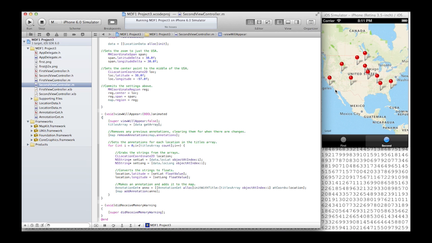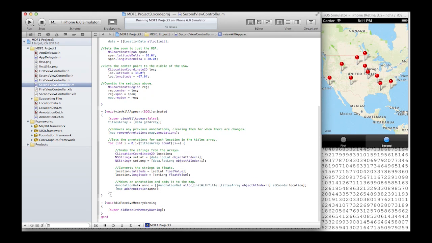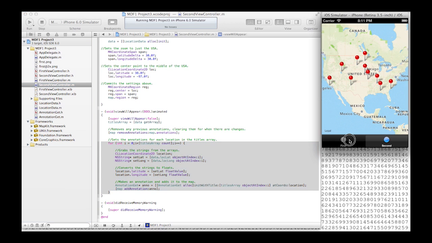I'm assuming I'd probably need a delegate or a global variable or something. I'm not sure. I was fiddling with it just before I did the video here, and I still couldn't quite figure it out. But I'll probably fiddle with it some more, just because it's bothering me now. I really want to know how to do it. So, but this just goes through, like I said, a for loop and sets all the annotations, and that's basically all for that view. And as I said, that's one thing I would rather have done better, is just making it so that